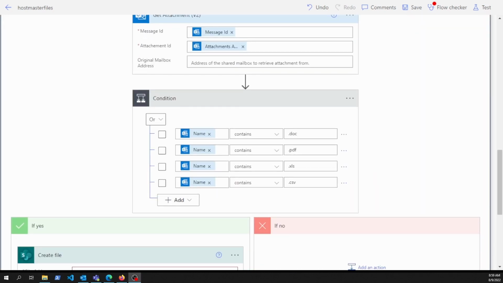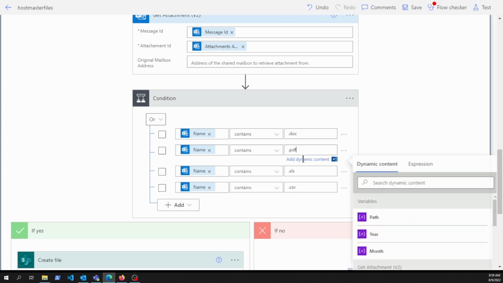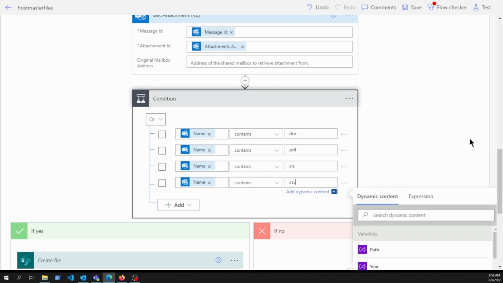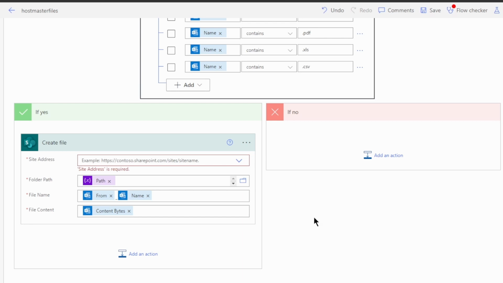I'm going to come back to this for each loop, but real quickly, the condition I have pulling in here is just checking to see if the attachment ends in .pdf, .doc, whatever you actually want to pull in. Since Teams and SharePoint are actually linked on the back end, you can just use create file as a SharePoint connector. The site address just pulls down to whatever you have access to, and you can just dig down into